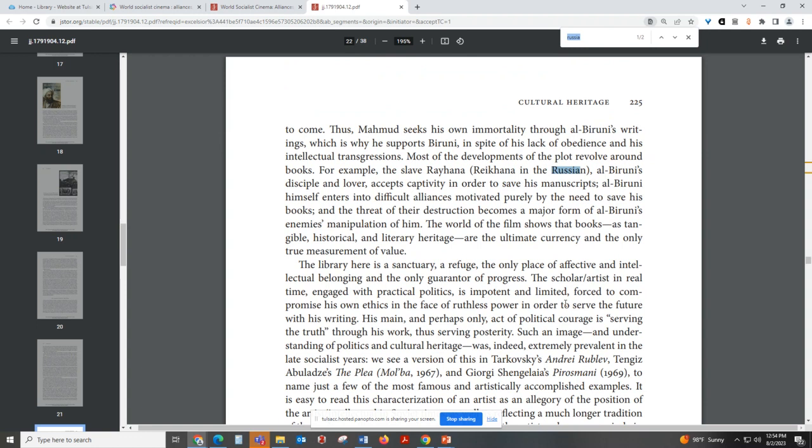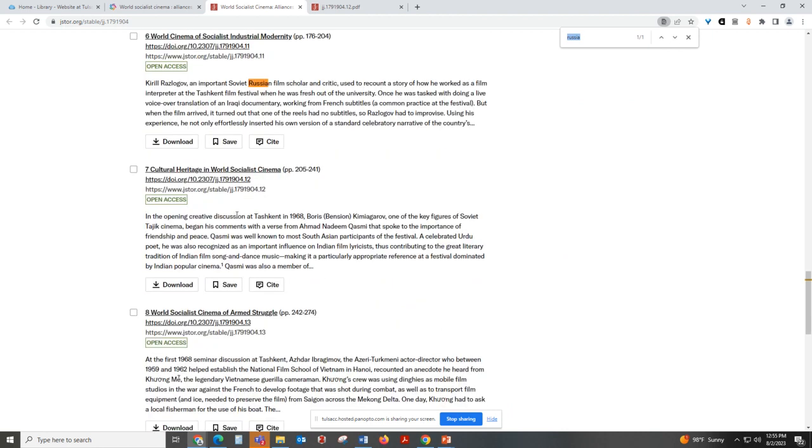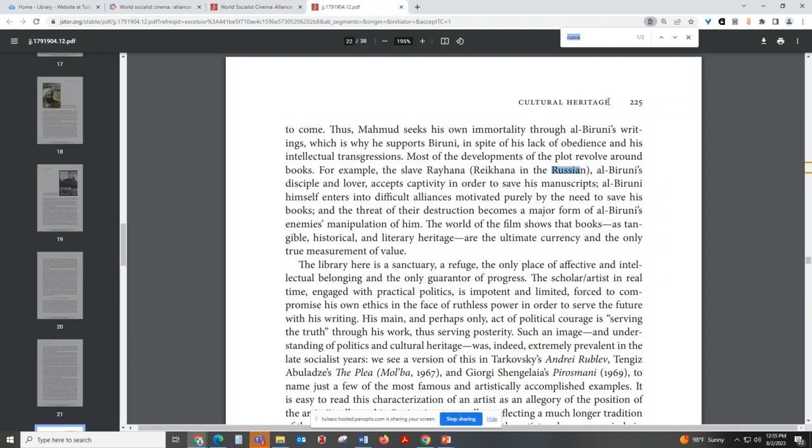You can also do this on HTML pages, so just a typical web page. So let's go back to the JSTOR results, and let's see if Russia was mentioned in any of the short descriptions of these chapters, and chapter 6 was, so maybe that would have helped me choose a chapter quickly of this book to download. But going back to the chapter itself, again, that's using the keyboard with the Ctrl F